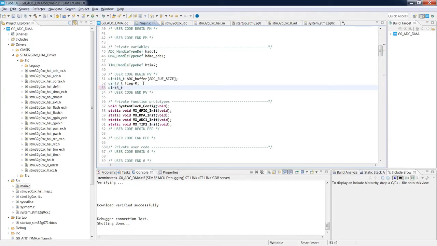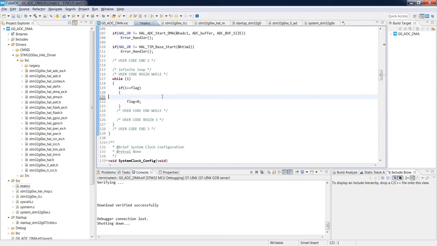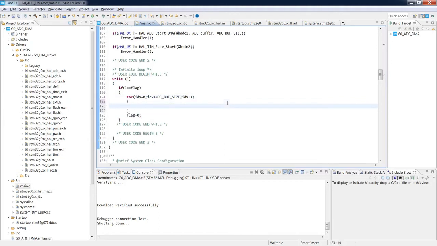IDX, I would set the default value as 0, and then we would create here the simple for loop. For IDX equal to 0, then IDX less than ADC buff size, and IDX plus plus. Okay, so we would create a simple for loop.